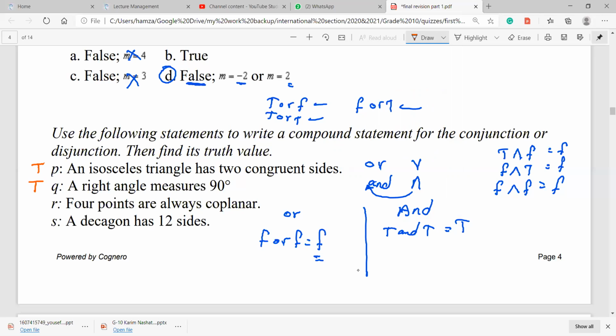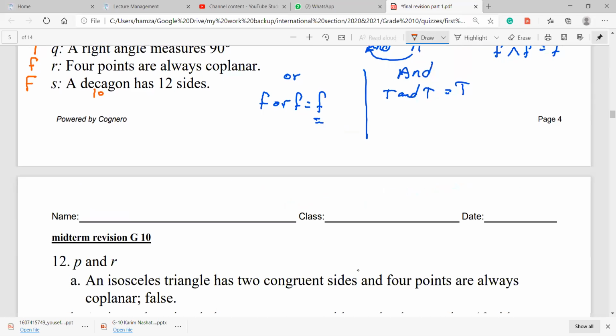Statement R, 4 points are always coplanar. We talked about this, guys. This is false. 3 points are always coplanar, 3, not 4. A decagon has 12 sides. That's wrong, guys, because we studied it. A decagon has 10 sides, not 12 sides. So this statement will also be false. Now let's